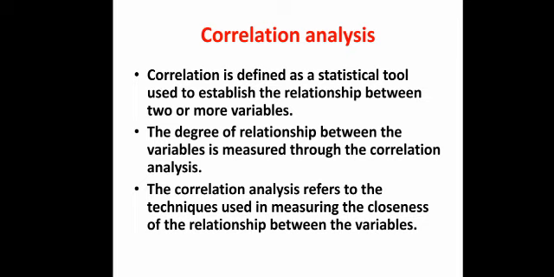It helps to find cause and effect relationship between two variables. Most of the variables show some kind of relationship. For example, there is a relationship between price and supply, income and expenditure, etc. With the help of correlation analysis, we can measure the degree of relationship existing between the variables. Next, types of correlation.